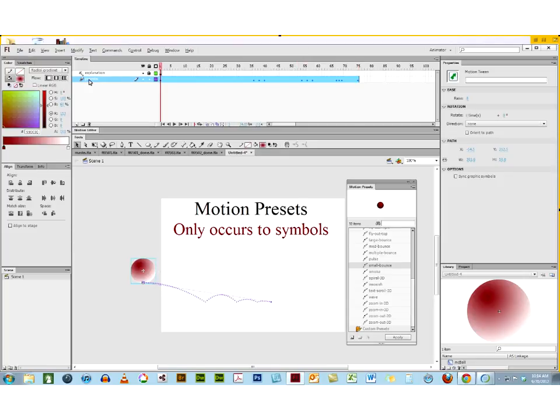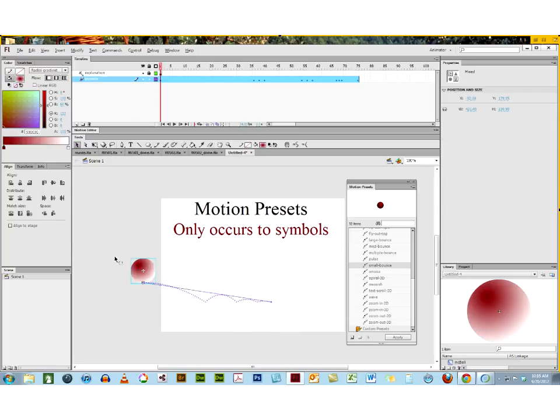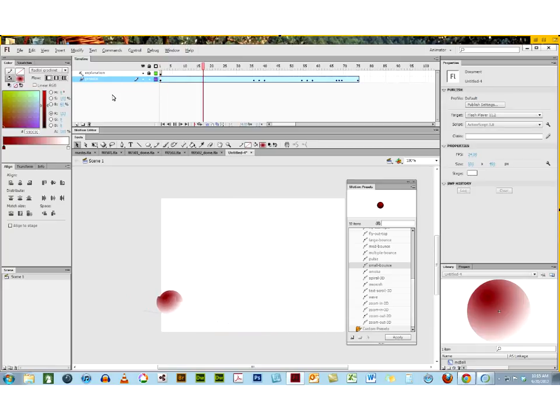So it's built the animation for me. Now, I can customize it because I want it to happen at the bottom of the stage, right? So I can select the whole thing, and I can bring it down so it bounces right at the bottom of the stage. And then when I play it,